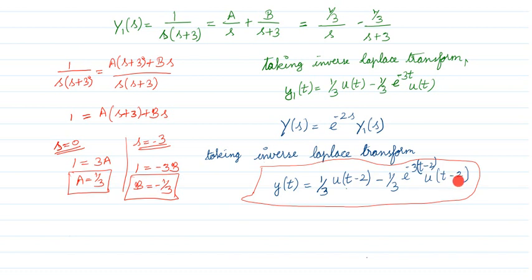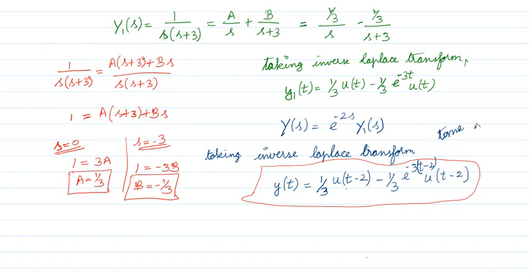Okay, again u of t minus 2. So all the time variable t will be shifted by t minus 2. Why is this happening? Because of the e power minus 2s term. This shift is called time shift,